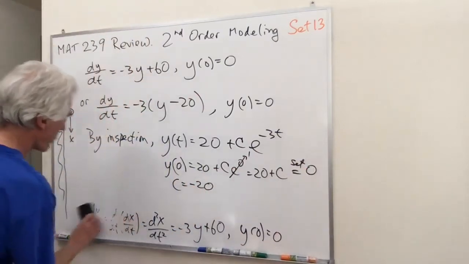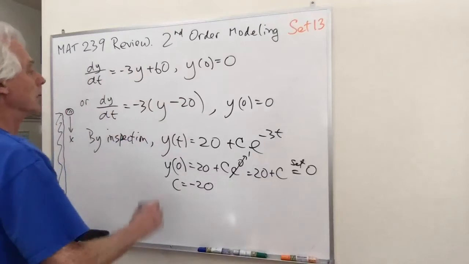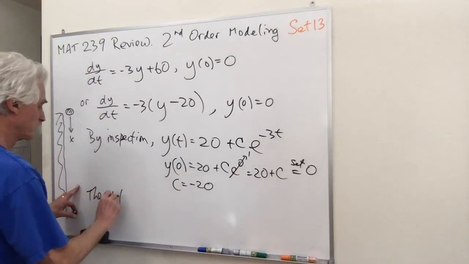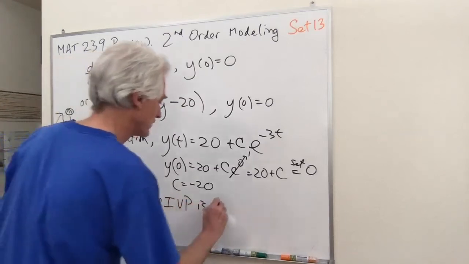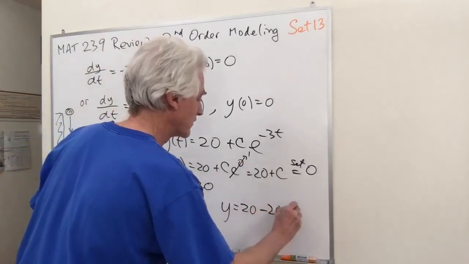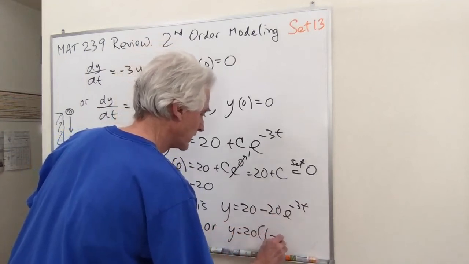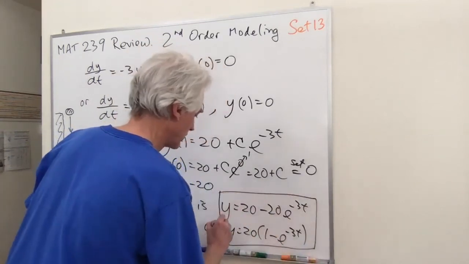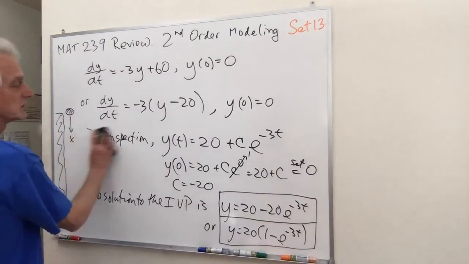So we get that the solution to the initial value problem is y equal to 20 minus 20 e to the minus 3t, or y is 20 times 1 minus e to the minus 3t. Either one is good. You don't have to put both of them. And it's probably useful to draw